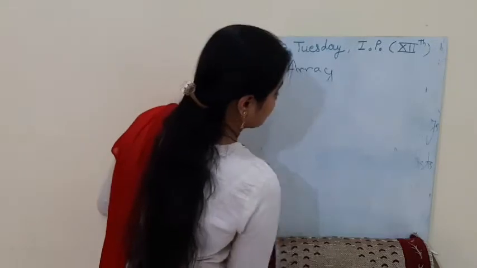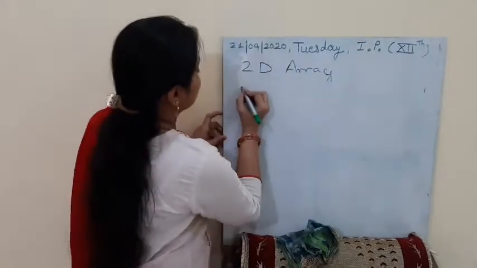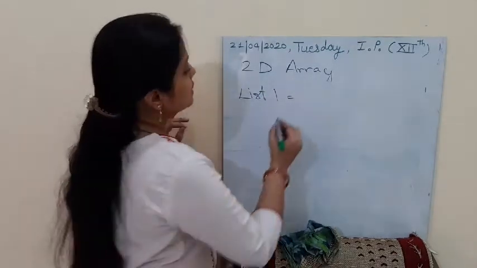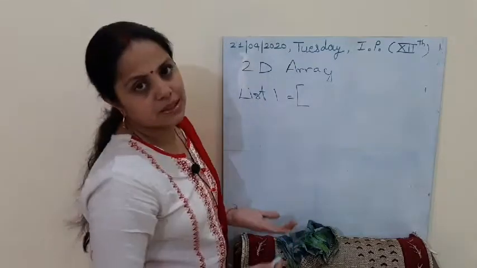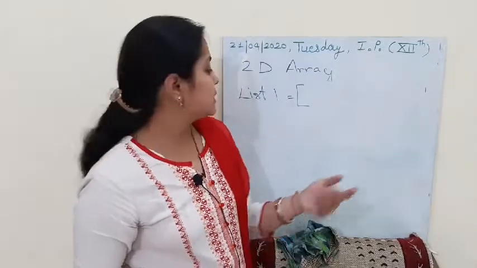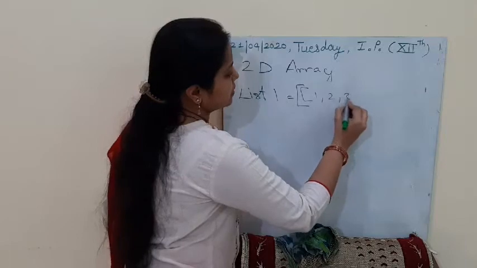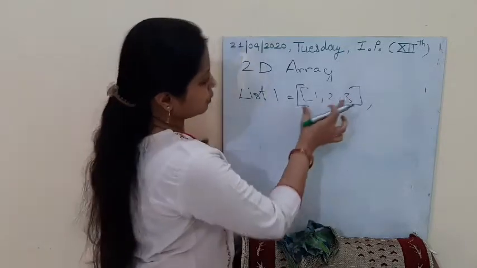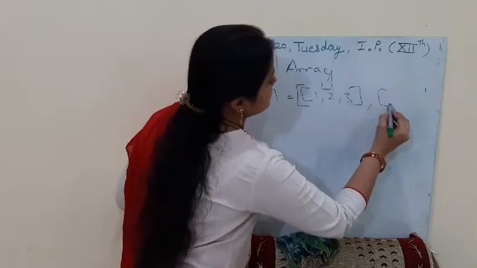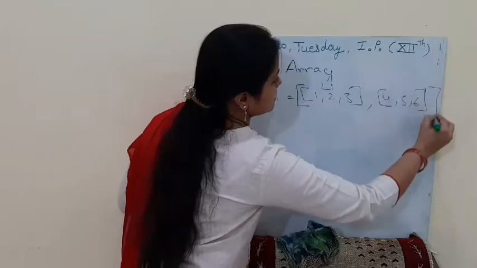So what was the syntax? Again I am going to declare the variable. First I am going to declare list1. Now this is a nested list, so I will have a list within a list, where each element of the list will be a list. So I am having 1, 2, 3, comma. This is one list, for example this is L1, and another list, that is 4, 5, 6. Now this is a nested list.